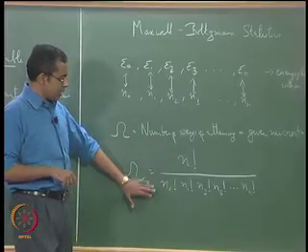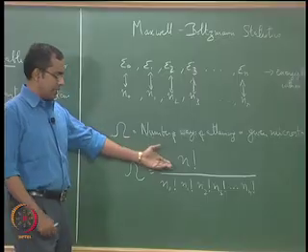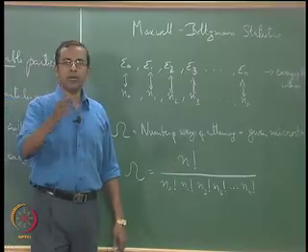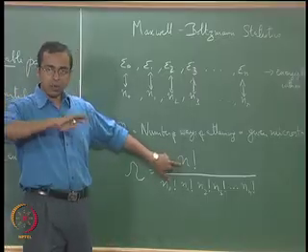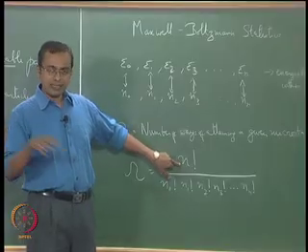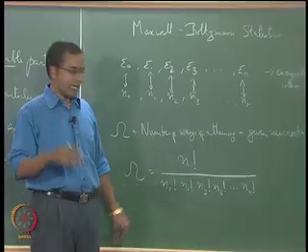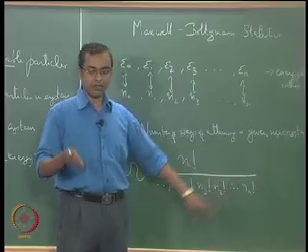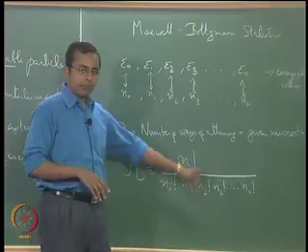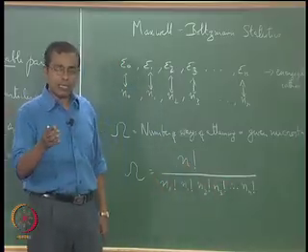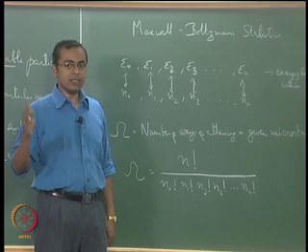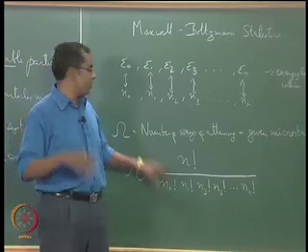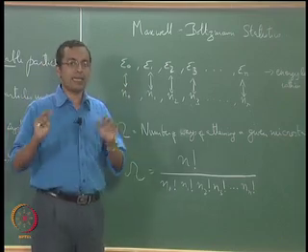Now, the way this equation is written, it is the same as asking in how many ways you can arrange n particles, the total number of particles in the system, such that n0 are of one kind, n1 are of another kind, n2 are of another kind, and nr are of another kind. Then you would come up with a formula like this. What is the other kind here? They are all identical and indistinguishable. So what do we mean by other kind? Simply that they are at a different energy level. These N0 happen to be at the E0 energy level, so they are of one kind, so to speak.